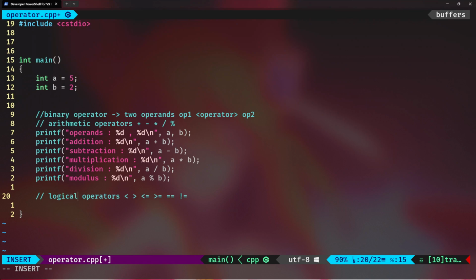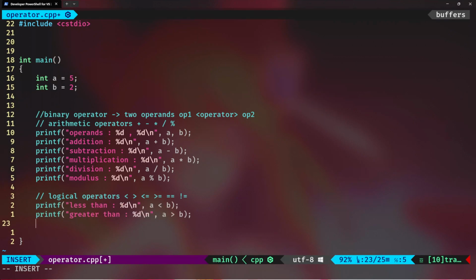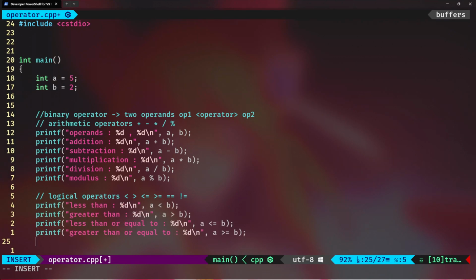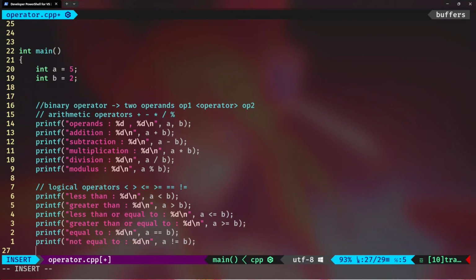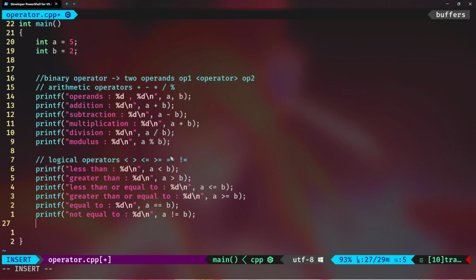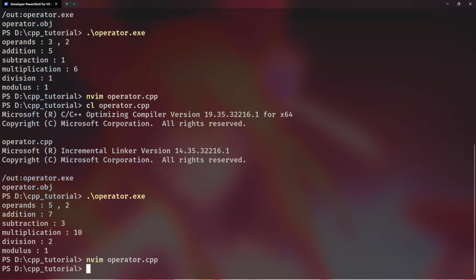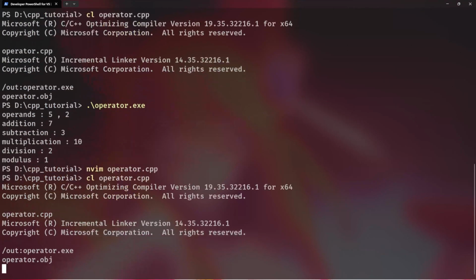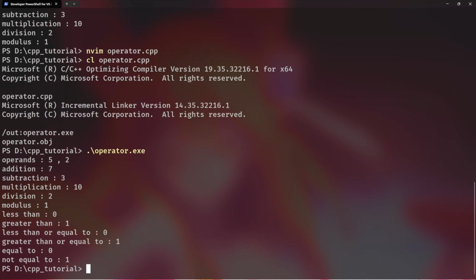So let's say logical operators. There are a couple of them. You can try to write them one by one and see what happens. Yeah, these are all, I guess. So if we run this now,